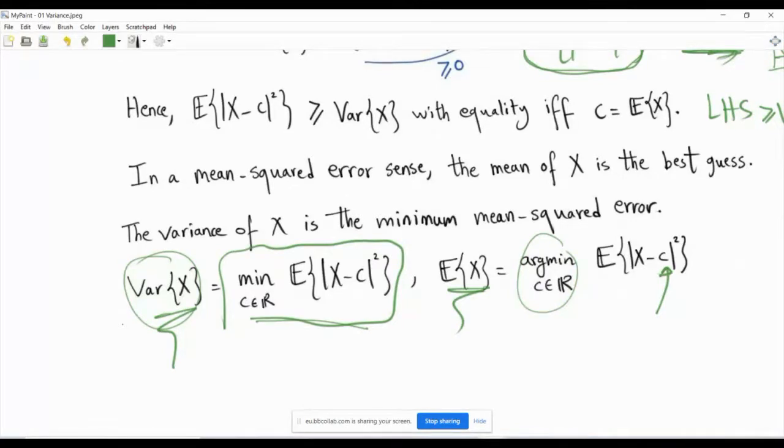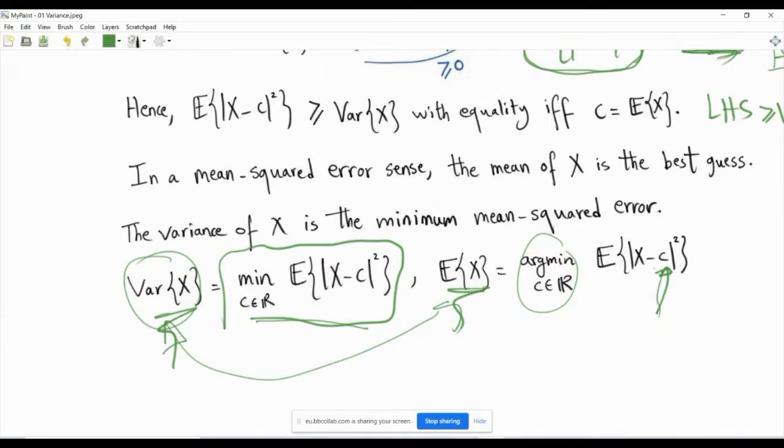If you change mean squared error and use some other criterion, this result will differ. So it is optimal in the mean square error sense. This is a good interpretation of the first moment and the variance, which will help us in the more complicated problem of minimum mean squared error estimation, when we use some random variables to estimate other random variables. Here we are basically solving the dull problem of just making a guess about a random variable using just a constant. You have to say a number, just a number. You are not making use of observations or anything else.